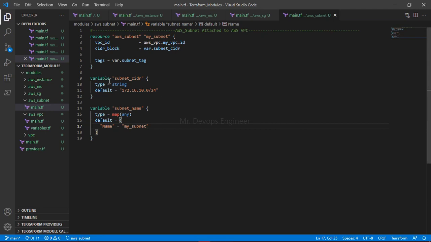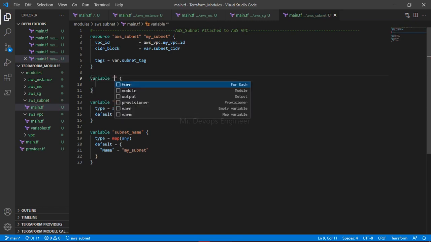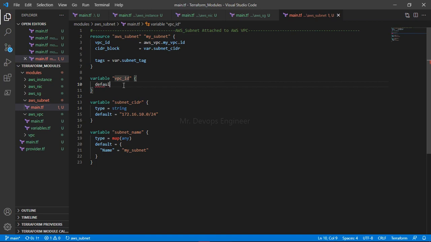So I just came back because I have to tell you something important. While you are variabilizing, you will hover, right? Like what should I do when it is asking for the VPC ID as well. You don't have to do anything, you just have to provide a meaningful variable name like this variable, and here it is asking for VPC ID. So I gave a meaningful name, the same, right? And default equals to, and here you have to provide the VPC ID, right?